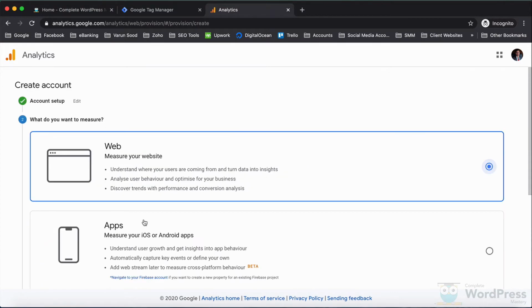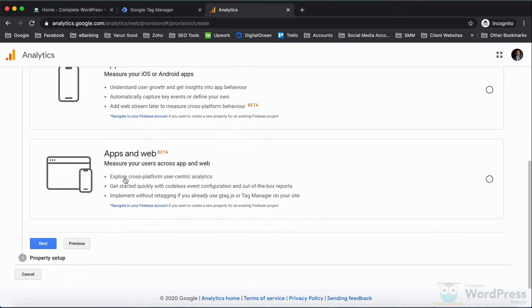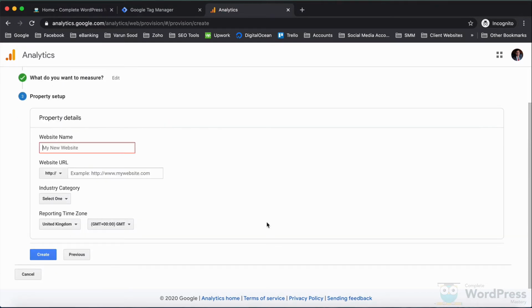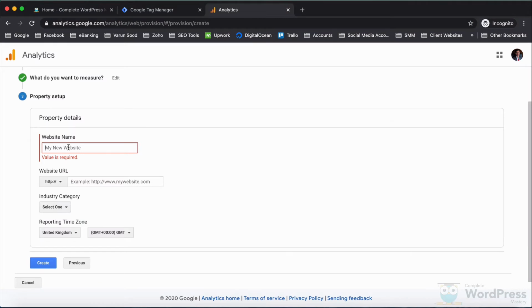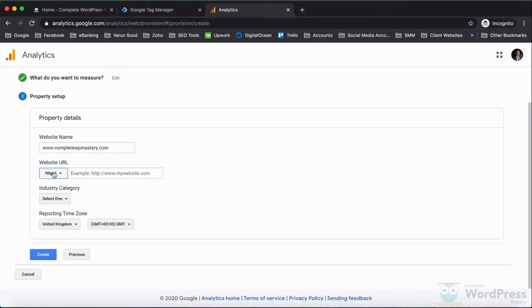Click on Next, select Web, and hit Next again. Specify the website name and the URL.